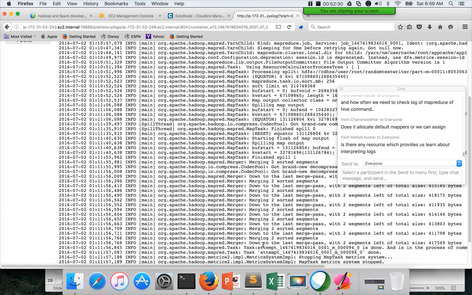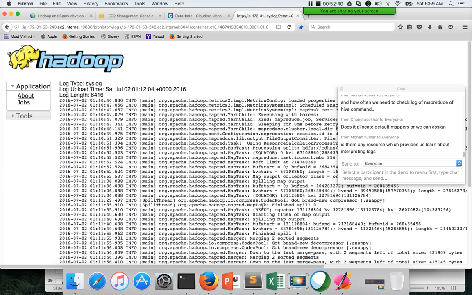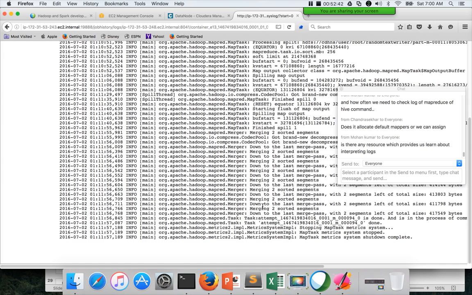But I will try to cover those things as part of performance tuning, offline of this course. It will not be part of this course, but offline I will get into the details about how to interpret these logs from the performance perspective. But at this time, it is more important for troubleshooting purposes in case of failures, and this is how you need to troubleshoot. You just go to the end of it, you will see the exception, or search for exception